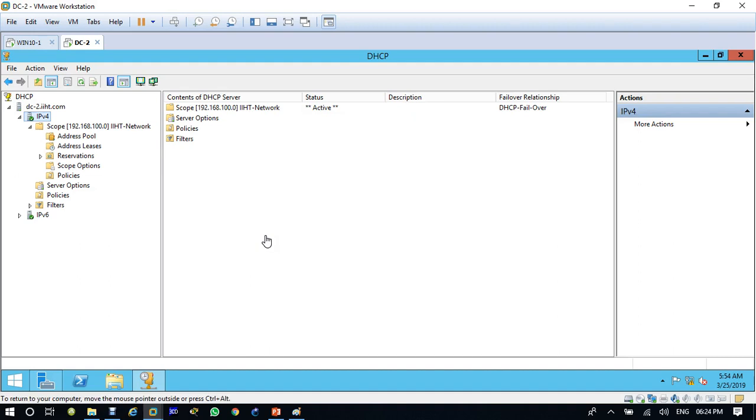So this is all about how to configure DHCP failover. There is another part also, DHCP load balancing, but it's not part of your MCSA. Okay, so we are done with DHCP failover. After this, I'll create a video for the DHCP relay agent. And in this video I have already covered a little bit of your DNS failover. So this DC2 is acting as a DHCP secondary.